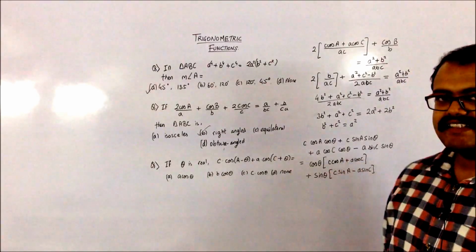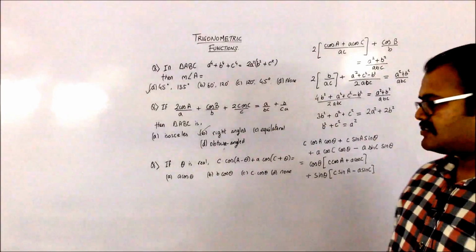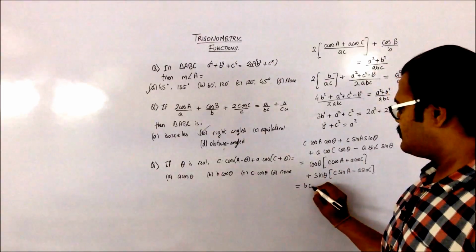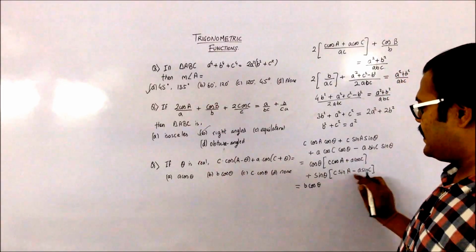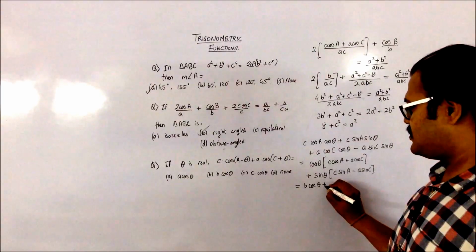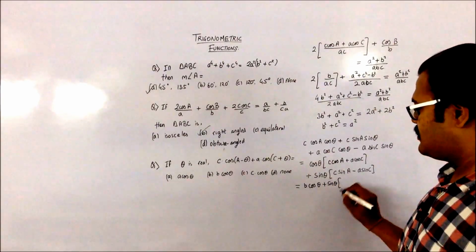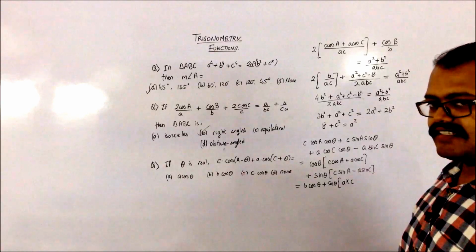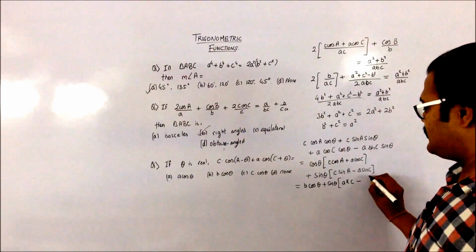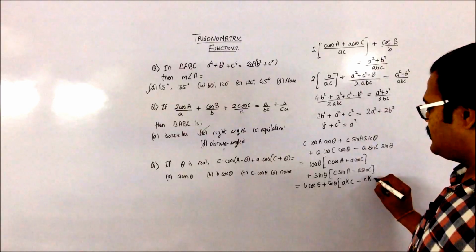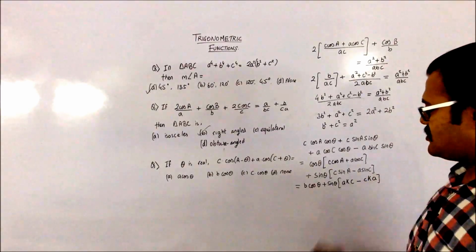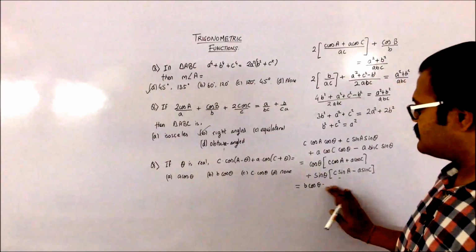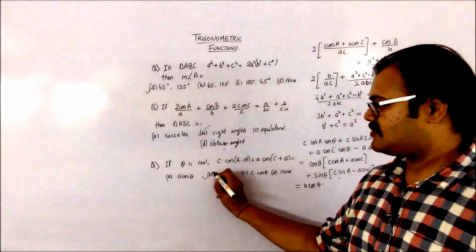So from this you can see that this is basically the projection rule. So you'll be having this particular value as your B cos theta, and if you apply the sine rule over here, you will be having a plus sine theta. Your sin A can be written as A into K, minus sin C will be written as C into some K into A. So what you are seeing is both the terms are same, so those will be getting cancelled. So only remaining term will be now B cos theta. So that's your option B.